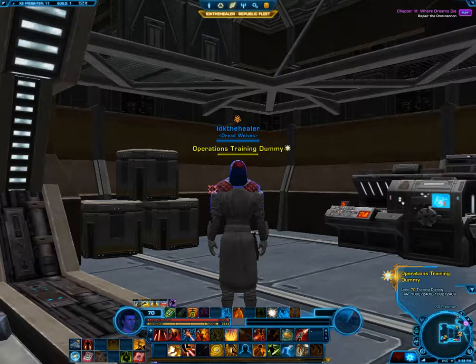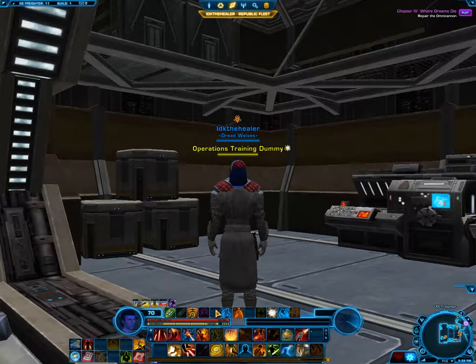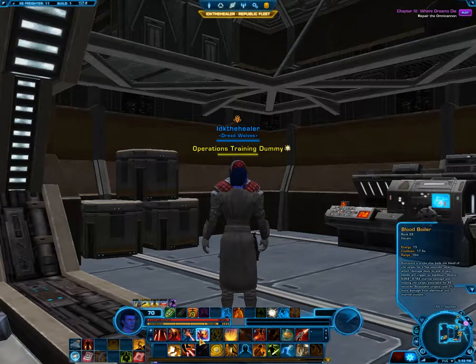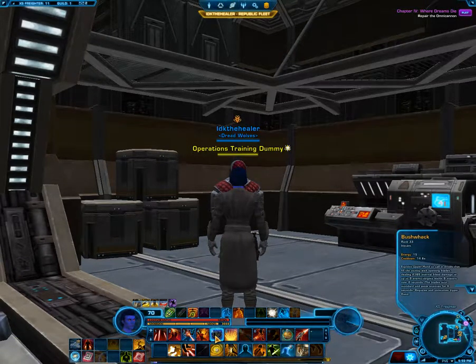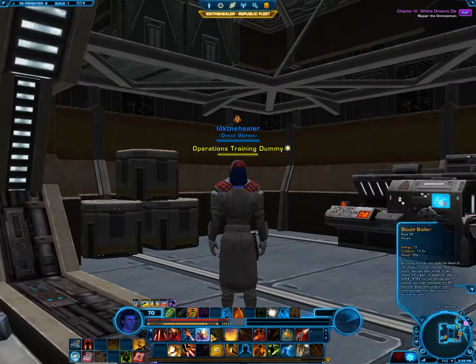So for the rotation that I have here, I will be starting off with Bludgeon, which of course I'll be starting from stealth. From stealth it will be Bludgeon, Vital Shot, followed by Blood Boiler, then Bushwhack, Lacerating Blast, followed by Back Blast, Shank Shot, and then Sucker Punch. From there you should be able to go back to Bludgeon and go through the rotation